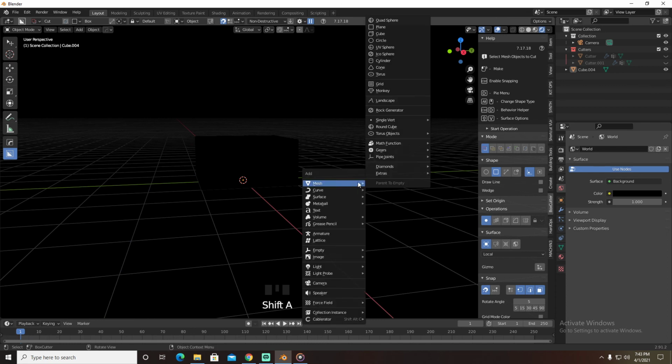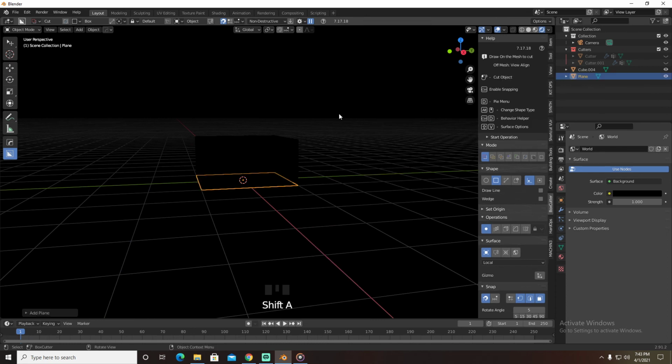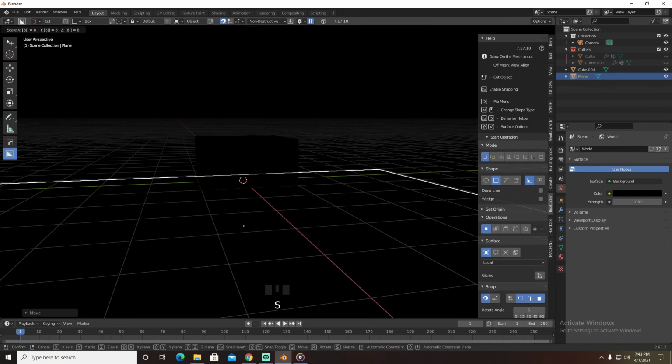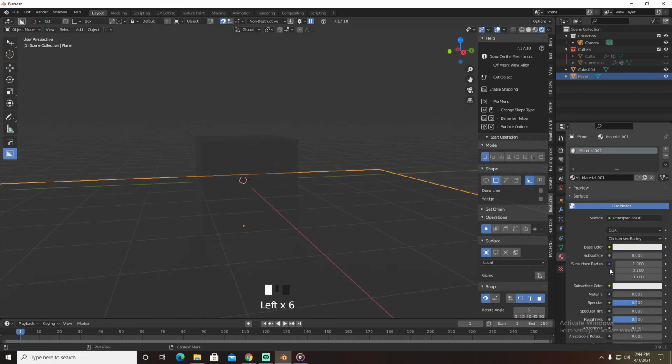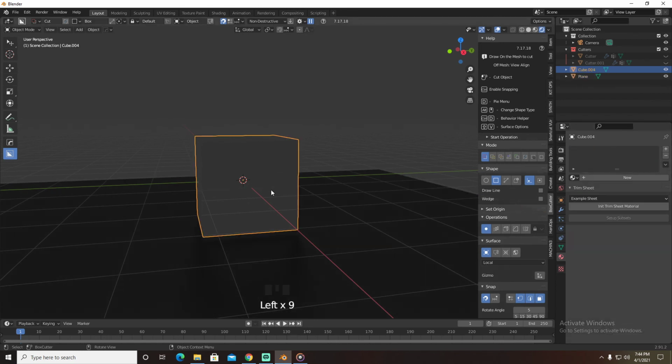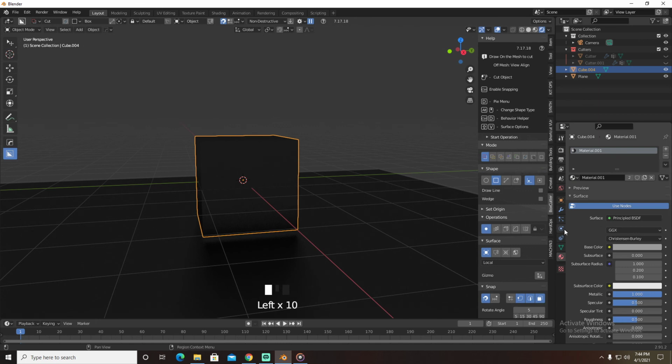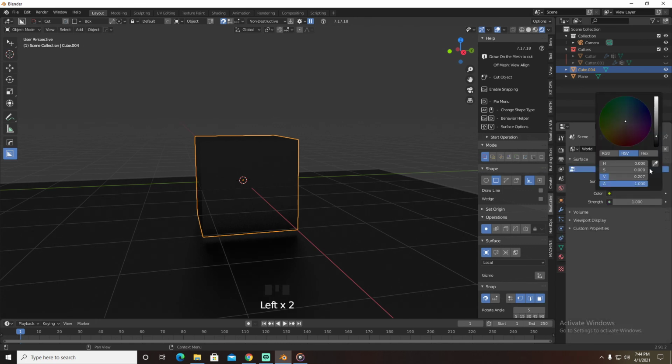Let's just add a plane, bring it down, S8, and let's just bring this up for a moment. Let's select our plane and give it metallic, bring this down, let's select this guy, give it the same, and now let's go into world settings and bring this down,